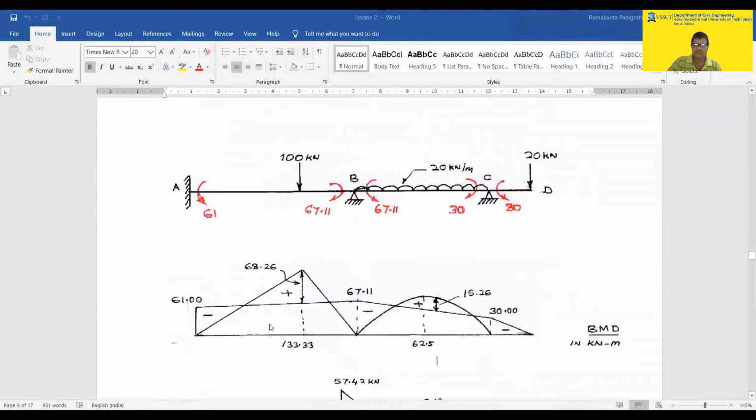Now draw the bending moment diagram. Here the value is minus 61. Here again it is minus because it is clockwise, and anti-clockwise is positive from this side. So minus 67, this is also minus 67. All will be negative, and here is 30. Here is 0. So draw the end moments first. As the end moments are negative and the simply supported moments are positive, both will be on the same side of this reference axis. So the plus and minus will cancel, and the remaining part you can also show this way. So this is your bending moment diagram.